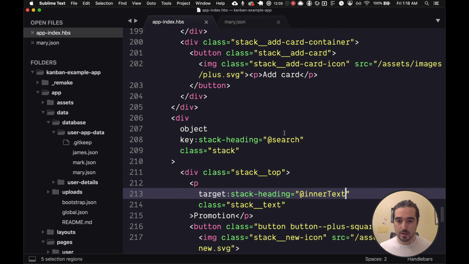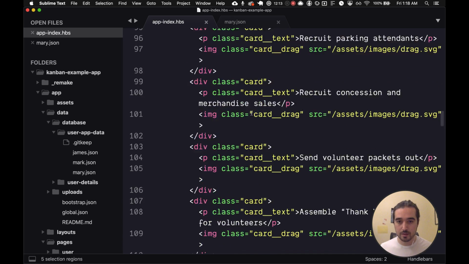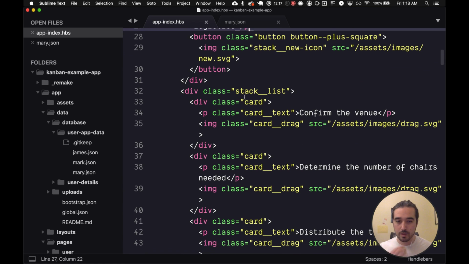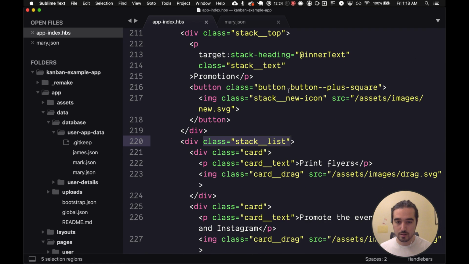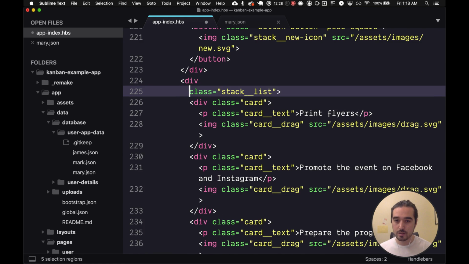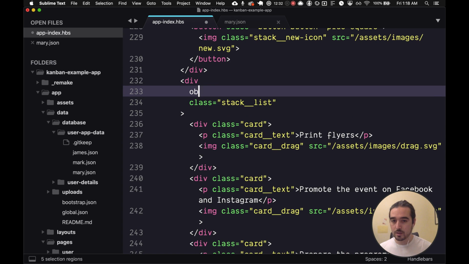Okay, so the next thing we want to do, we're saving the stack heading, we're saving the page heading. The next thing we want to do is add these items. So let's go back up to the top. And let's see, we have the stack list. So obviously this is going to be an array, right? Because it's going to contain multiple items, multiple cards to be exact. So let's put this on a new line, just for formatting again, and we're going to say this is an array,